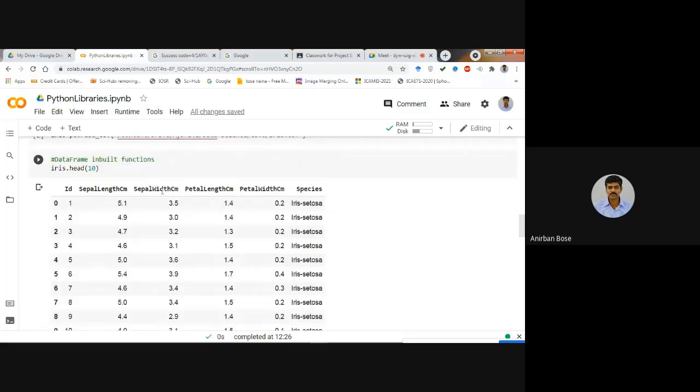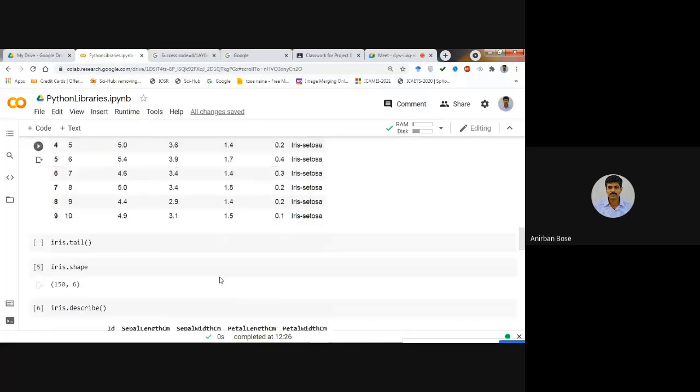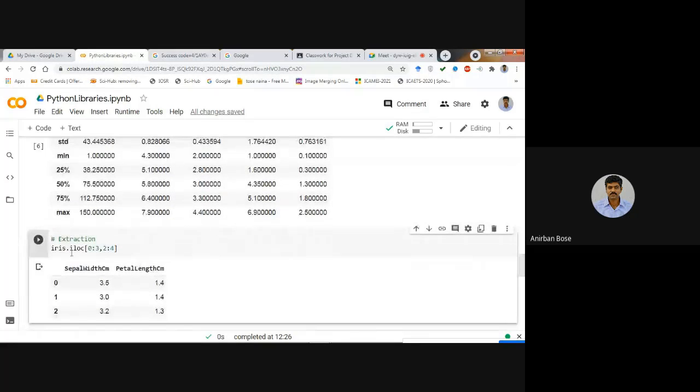So these two columns you will actually extract.